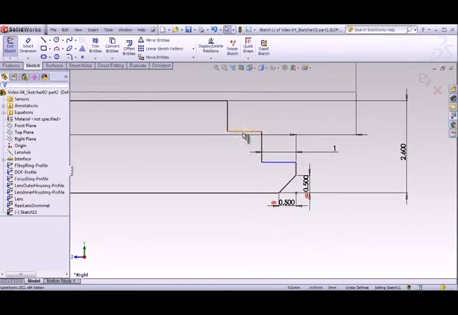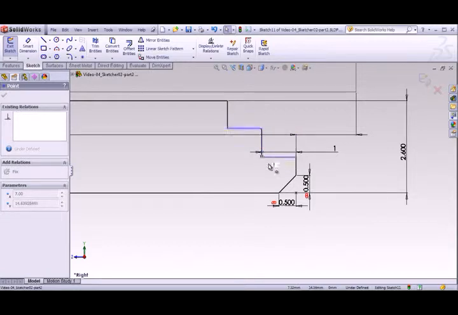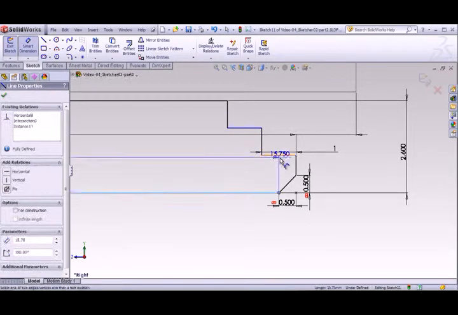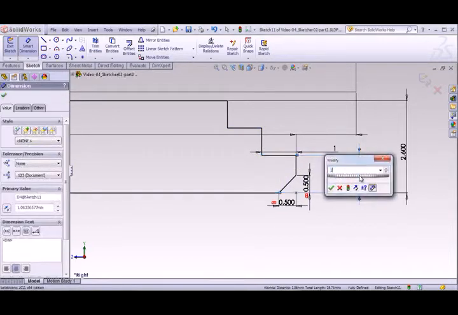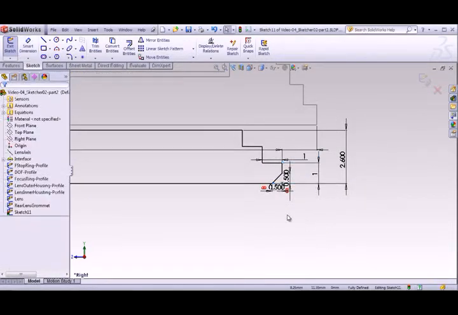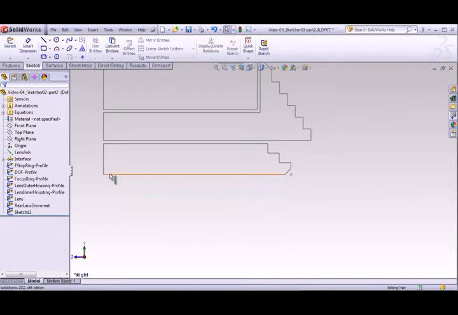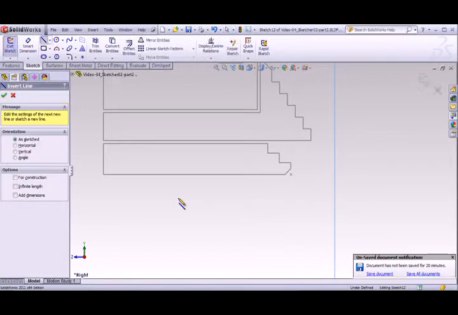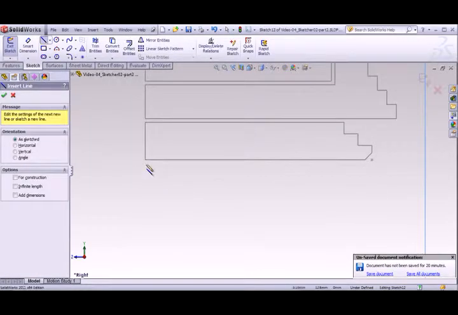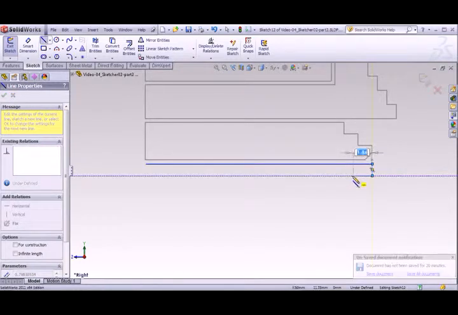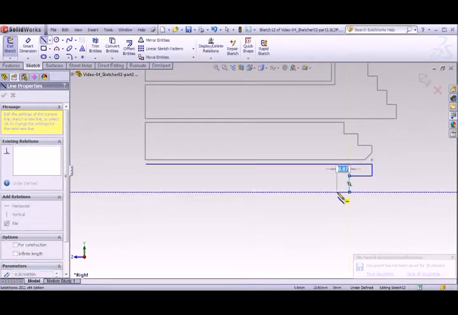But we've lost that equal constraint that was making all these nice and even. So if I drag one of these points, you'll see I'm able to actually change these. No big deal. We can just go ahead and select this distance here, set that to 1 millimeter, and now we'll be fully defined again. Let's go ahead and exit that sketch and start a new one. We'll grab the right-hand plane, hit the L key again on the keyboard, click to define a line, come right out, and just make